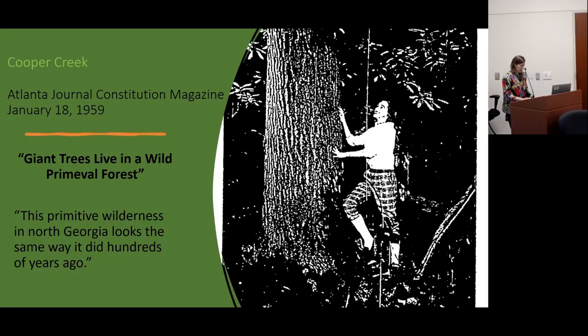Cooper Creek's old growth forest drew scientific and popular attention in 1959 because of the efforts of Georgia State College ecology professor Charles H. Wharton. He discovered that the Forest Service planned to build a road down Cooper Creek and open up the forest for timber harvests. Wharton and other scientists had been using the area for educational and research purposes. He galvanized a significant campaign to protect Cooper Creek from being cut by the Forest Service, in which he emphasized